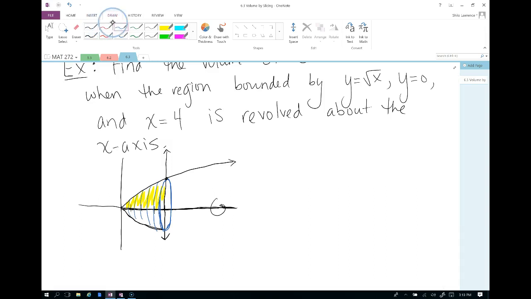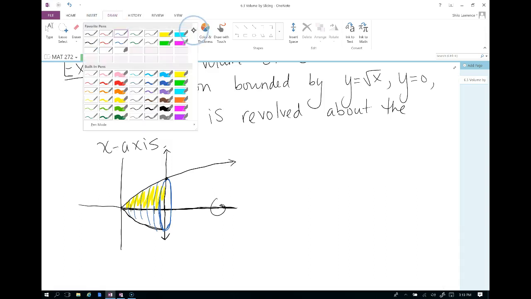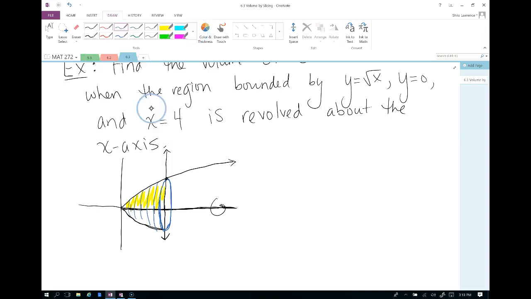So when we look at just one slice, and drawing that little slice can be helpful because it can help you determine what your radius function is. In these first few problems, it's not that difficult, but we might see some more difficult problems later on where we do need to look at that slice to help us decide the radius function. We've got our axis of revolution, and that slice goes out to the square root graph. So the square root graph is our radius function. R